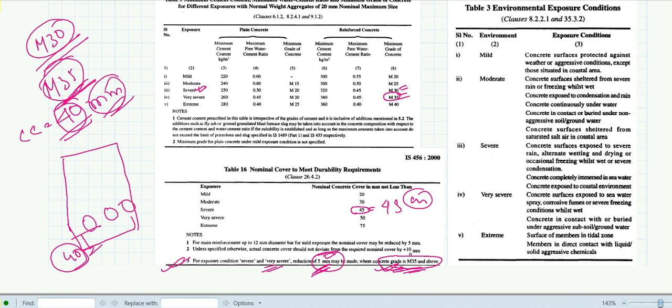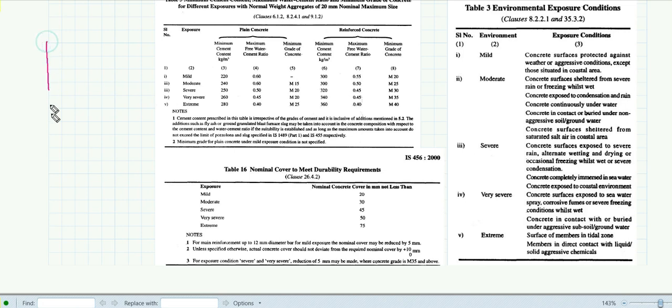So what is spalling basically? Suppose you have a concrete beam and you have some reinforcements. In that case, if this cover is more, then what might happen? In certain cases, the concrete might come out, as there is nothing to hold this concrete. Only the grade or the strength of the concrete is holding this particular 40 or 45, whatever clear cover you're providing. So there is nothing to hold this particular concrete. The concrete behind or inside this particular beam is actually held by stirrups and all, right?